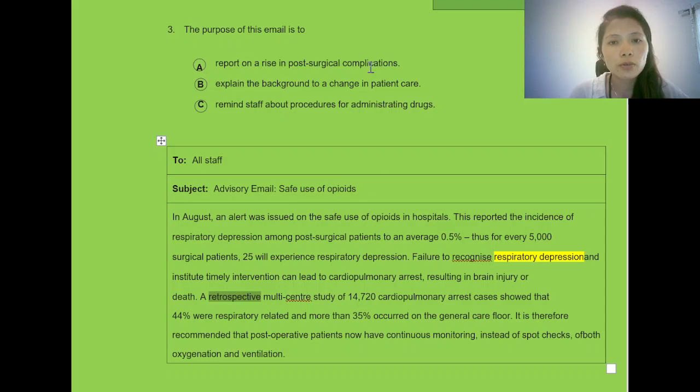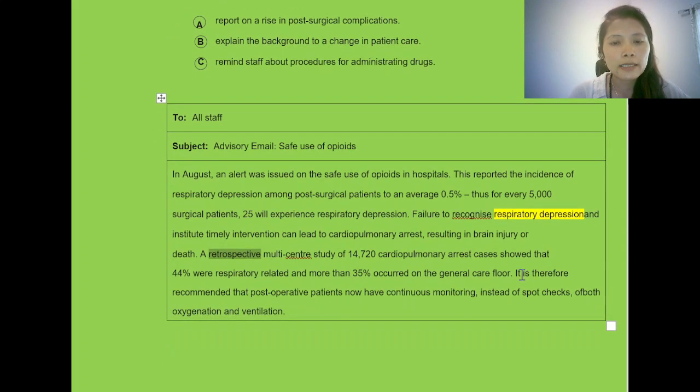They are not talking about the post-surgical complication, right? They are just talking about complications. As complication means there are more, so it is not possible, right? And then it is therefore. I told you, therefore is a restrictor. Be careful with this one. It is therefore recommended that post-operative patients now have continuous monitoring instead of spot check of both. Spot check again is a